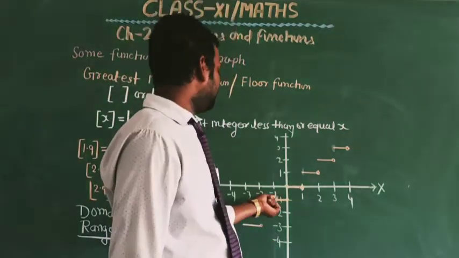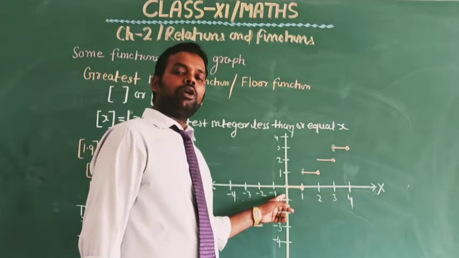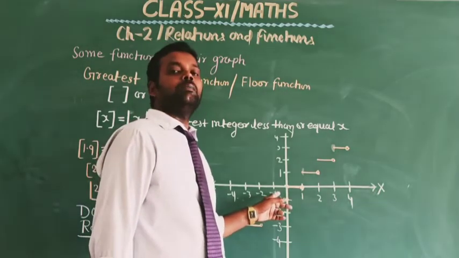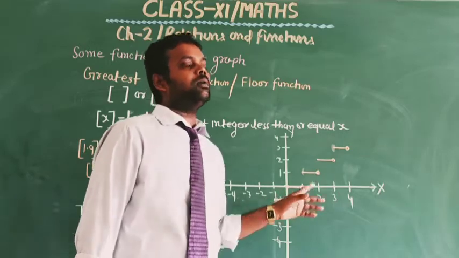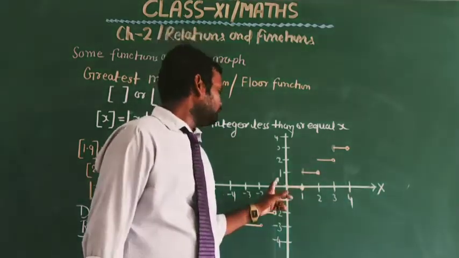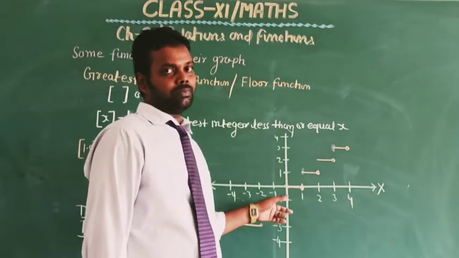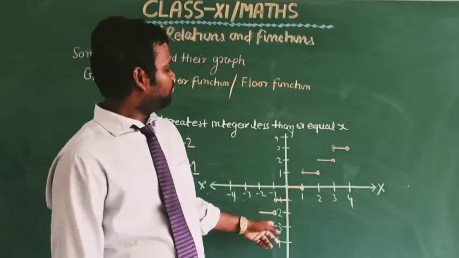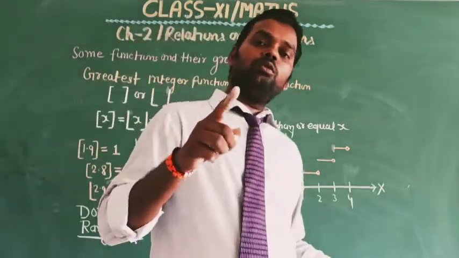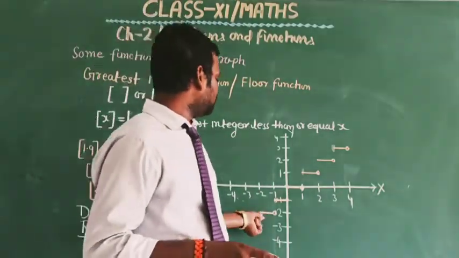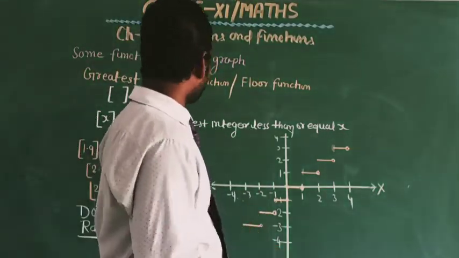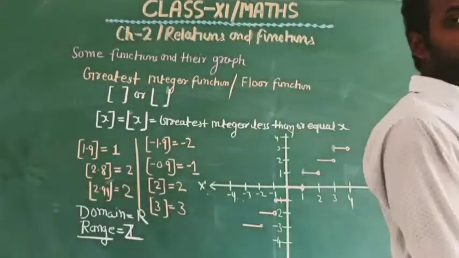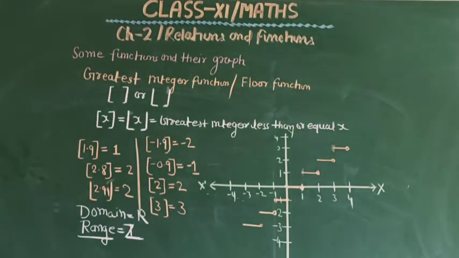As we know, any value from minus 0.1 to minus 0.9, the greatest integer function becomes minus 1. Clear? And similarly any value from minus 2.1 to minus 2.9 gives minus 3. So by using the concept of the greatest integer function, we have to draw the graph. Okay, okay children,